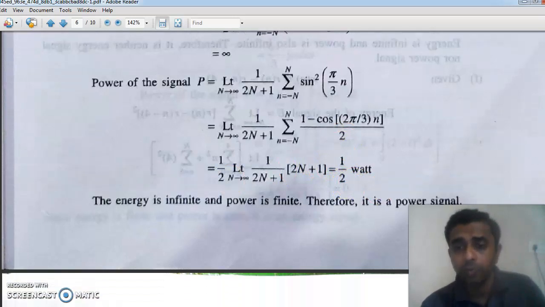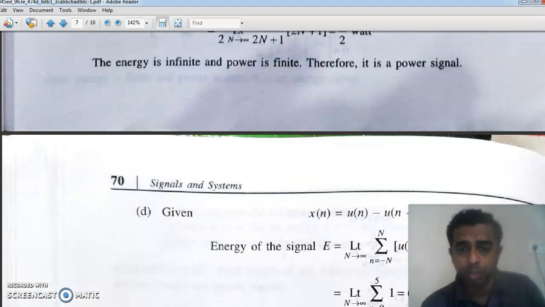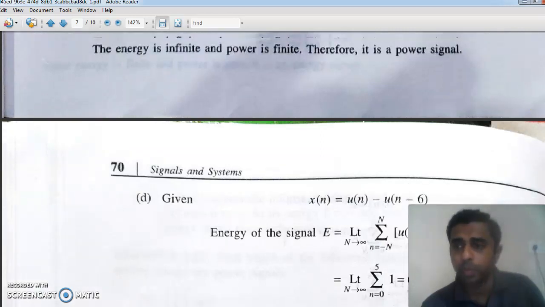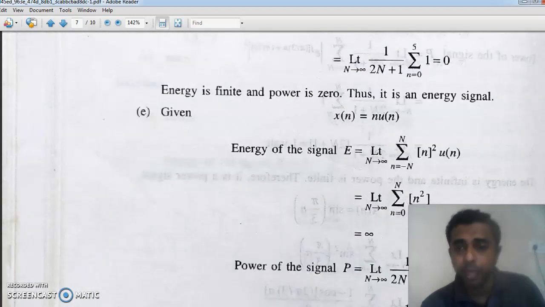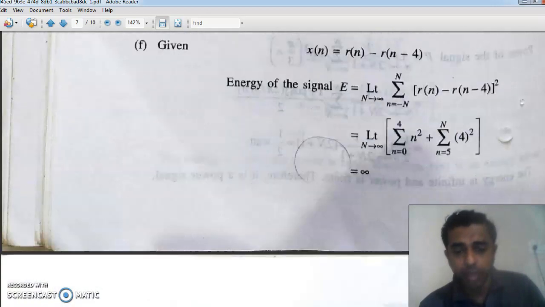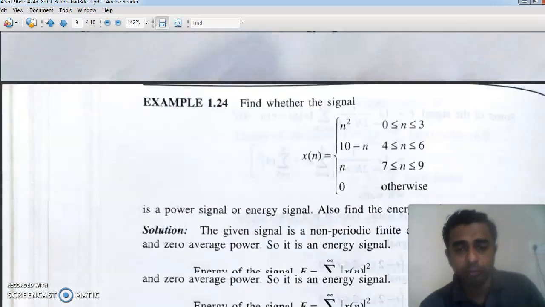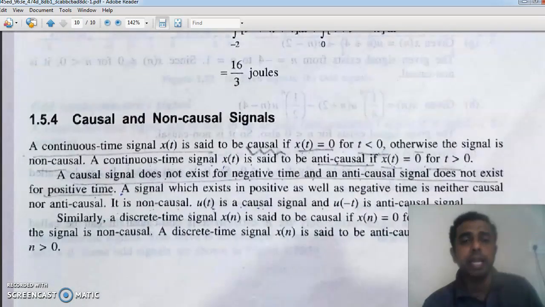Okay, now you can do all those things and see what is happening. And this is another example, that is n into u of n. Okay, and you can try all those things. Okay, I'm leaving that to the next portion, where we have to learn about what is a causal signal and a non-causal